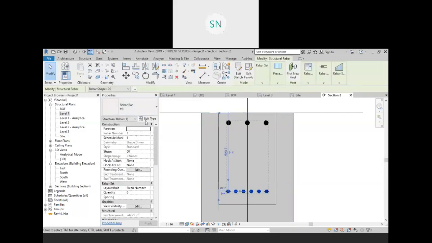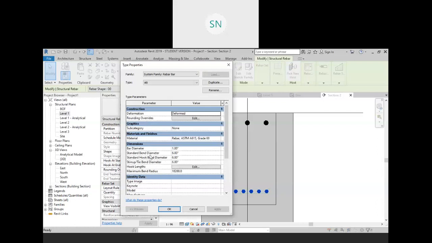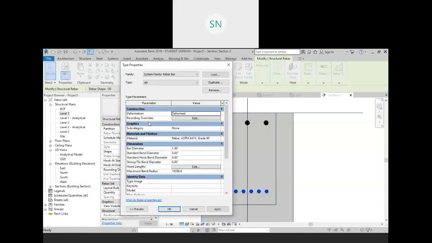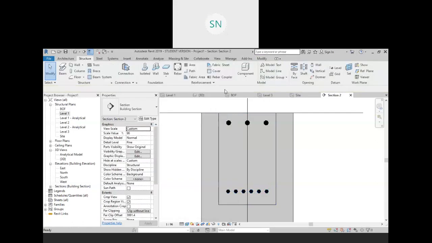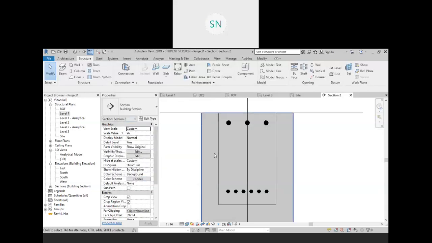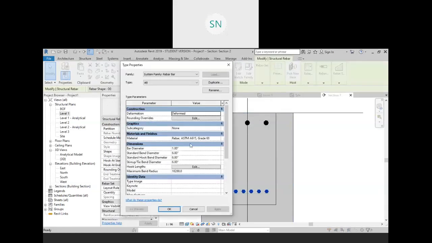or select it, go to the edit, and here we have bar diameter. It is 1 inch, so it's as per the other standards actually. So we can provide our own values over there. So the diameter of bar should be, let me change our unit first. Right now it is in millimeter. Okay, so select it, go to the edit, and this should be 16 mm,